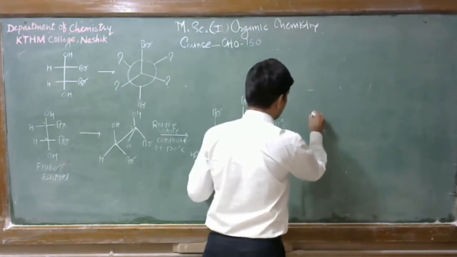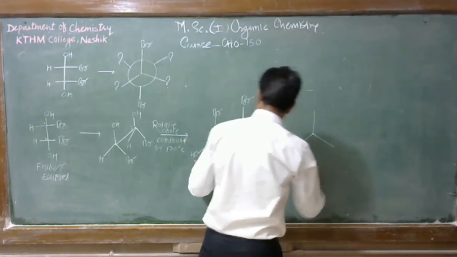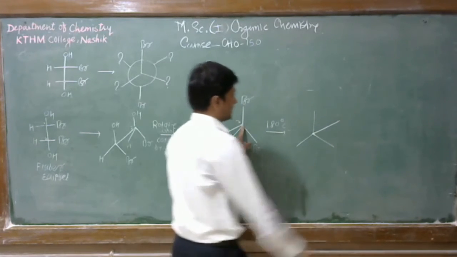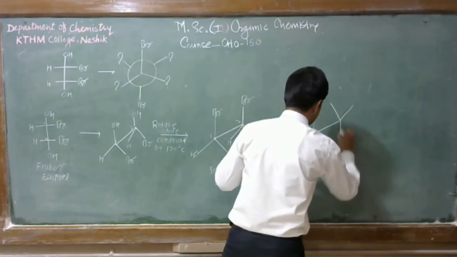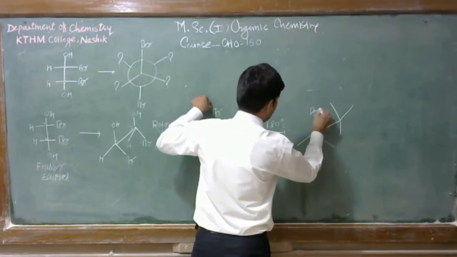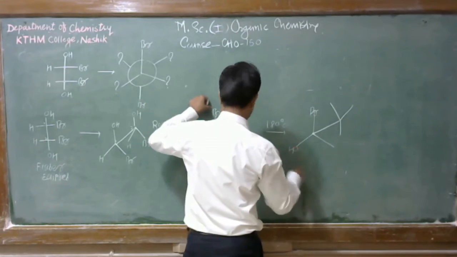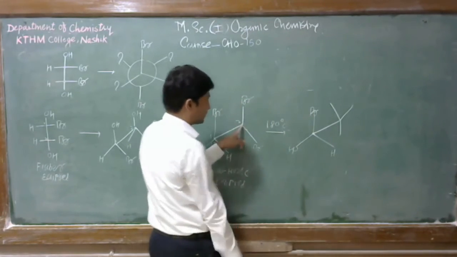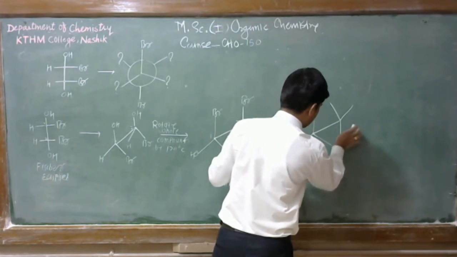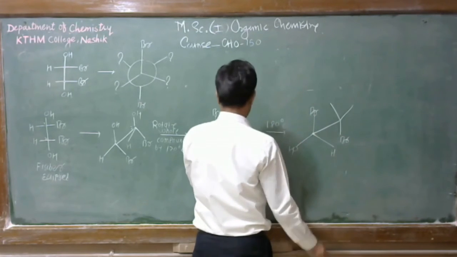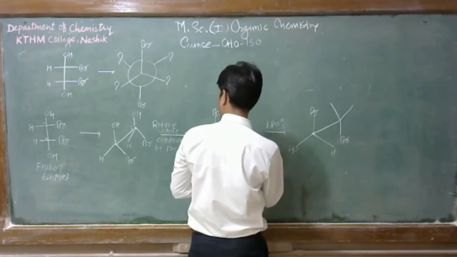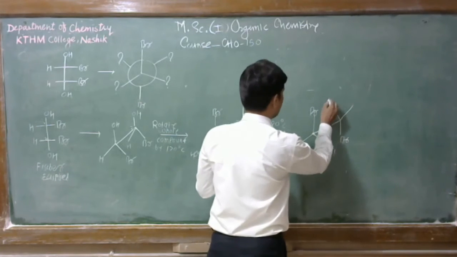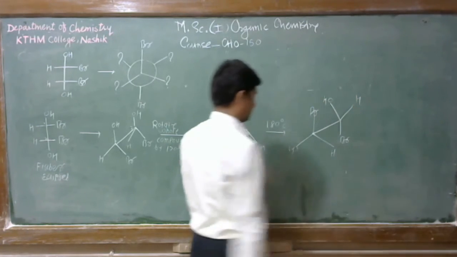and then we get here the staggered structure. So the position of carbon number 1 will not be changed here. The position of carbon number 2 will be changed here. See here, this is the bromine of carbon number 1. This is the hydrogen of carbon number 1. This is hydrogen here. Now this bromine will come here because of the 180 degree rotation. So this is the bromine. Then this is hydrogen here, and this is the hydrogen here.